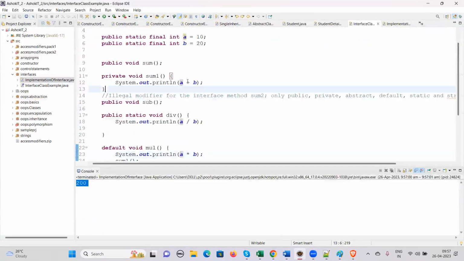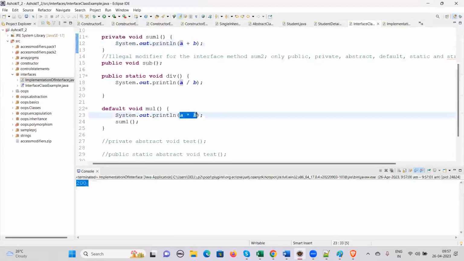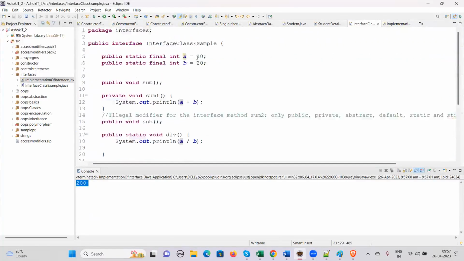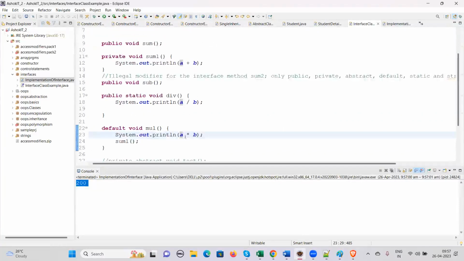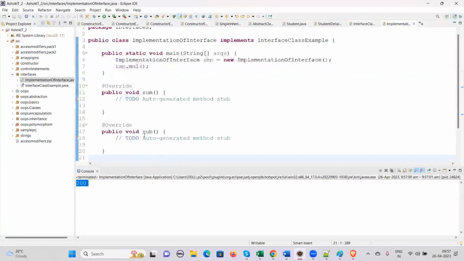We don't have any A plus B. What we have is A into B. What is the value of A into B now? A into B is 10 into 20, 200. And the sum we are calling, okay? But we are not printing it anywhere. So yeah, here we are printing it, right? So we should get two values, which would be